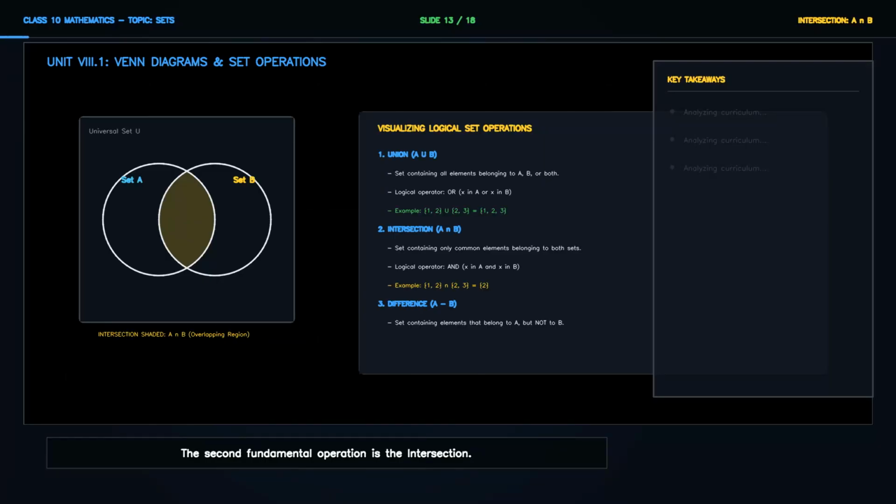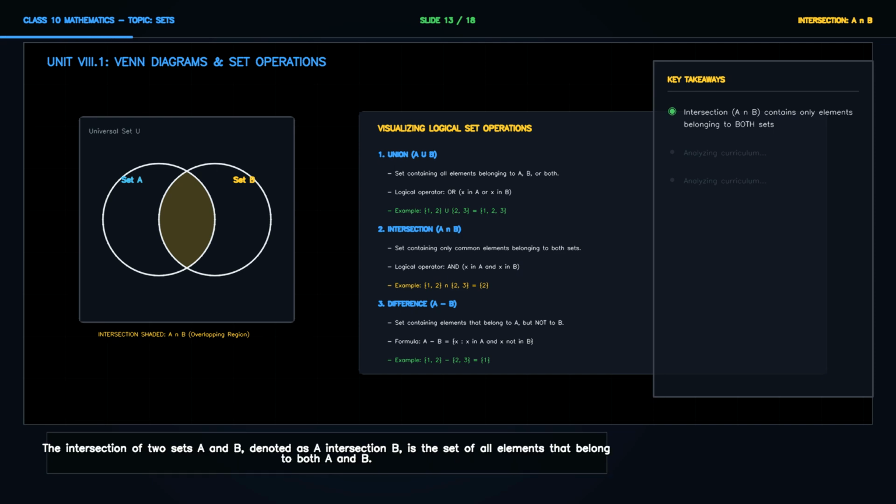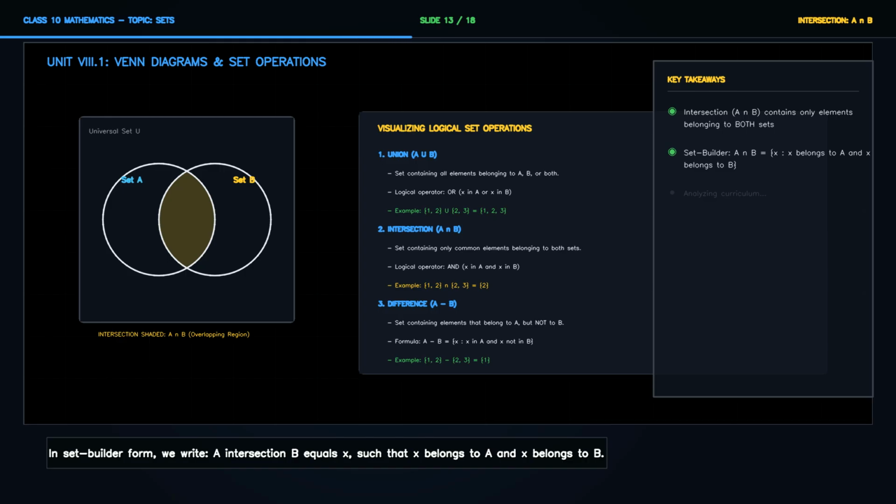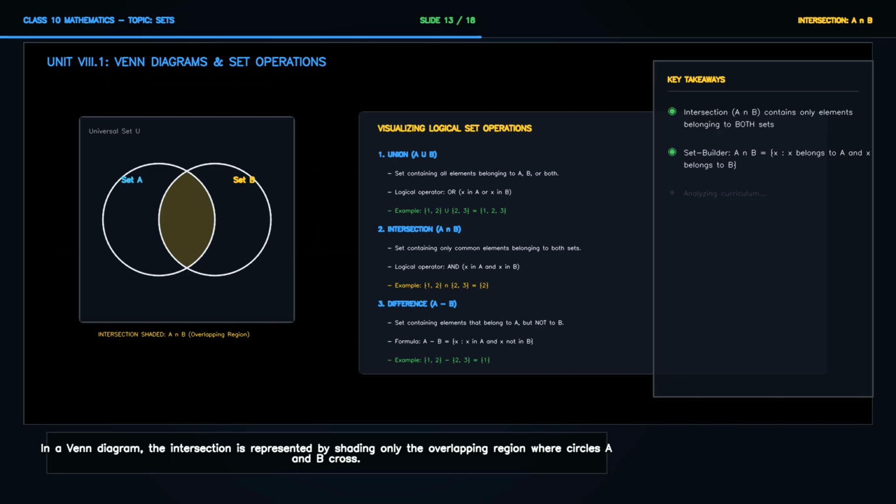The second fundamental operation is the intersection. The intersection of two sets A and B, denoted as A intersection B, is the set of all elements that belong to both A and B. In other words, it contains only the common elements shared by both sets. In set builder form, we write A intersection B equals {x such that x belongs to A and x belongs to B}. In a Venn diagram, the intersection is represented by shading only the overlapping region where circles A and